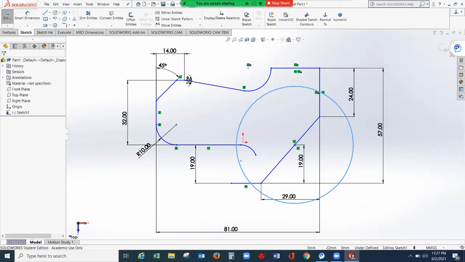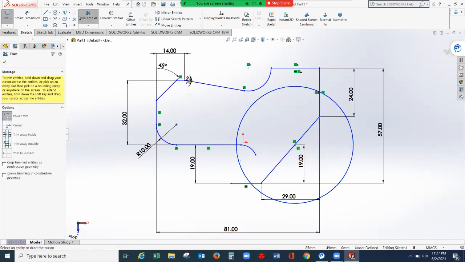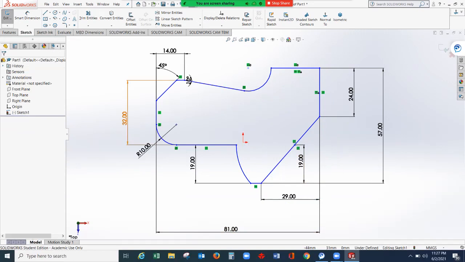And we can trim some of the parts that we don't need. So trim entities, select trim entities, power trim. So cut this portion here. You can cut this inside part. Cut this one and this one. Select this green check mark.